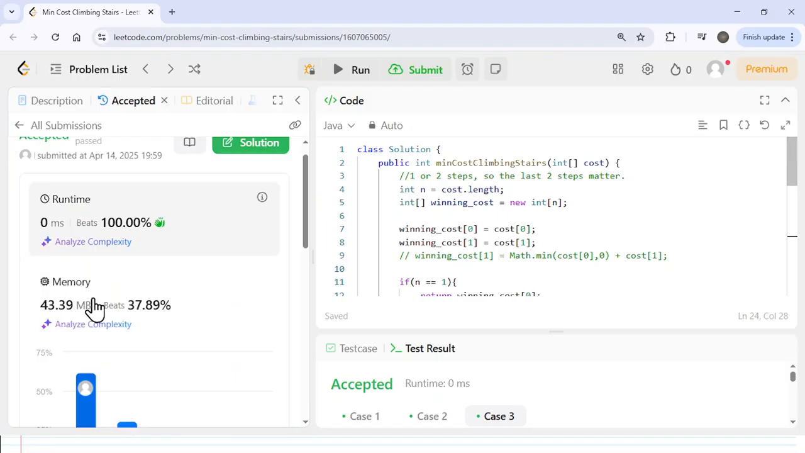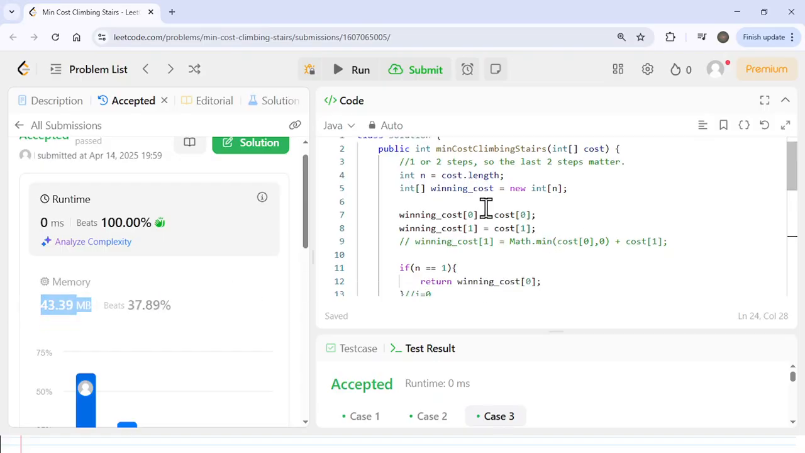I use some memory. Again, I could have decreased this memory to constant space by only keeping track of 2 variables instead of all these n variables. I think that